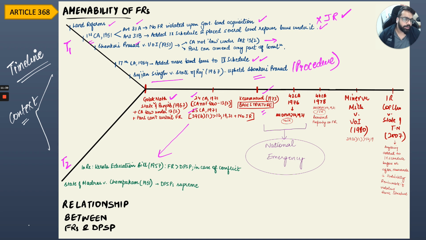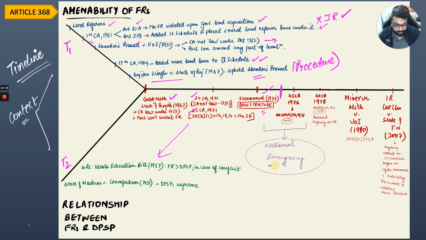And the basic structure doctrine was conceptualized. Now, once the basic structure doctrine was conceptualized, and this is what you must understand, the fight between government and judiciary on what fundamental rights can be amended sort of came to a halt. And then the government started looking at the DPSP-fundamental rights route to look at parliamentary supremacy. So actually, your fundamental rights amenability gets a little bit of a halt here.